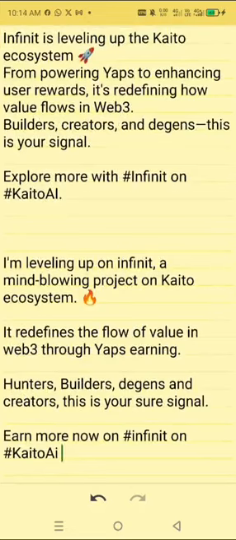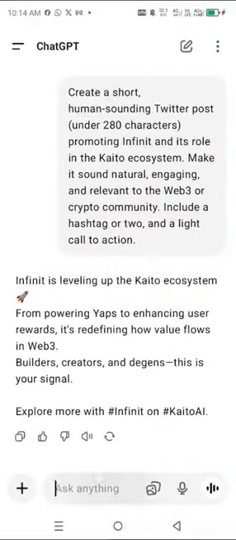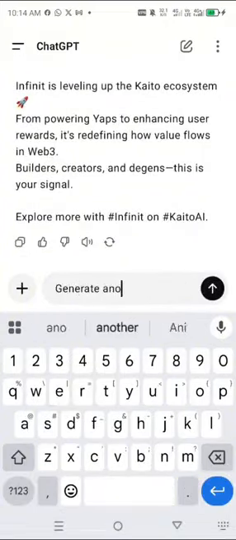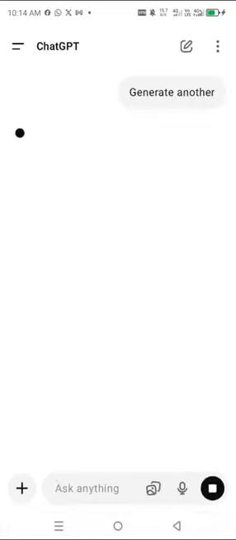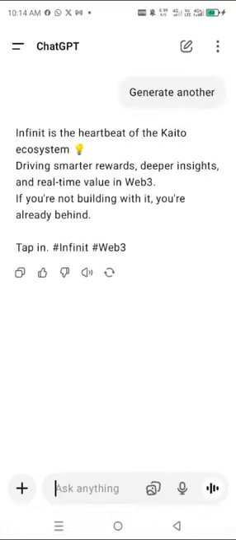So you use your normal head, you use your head to create a mind-blowing, just natural post. All right, so that's all we are basically doing in the project. And if you want to generate another one, you can just go and say generate another. All right, so generate another, and it will give you another one, so you can just go ahead, copy again, and just use your head to redefine.